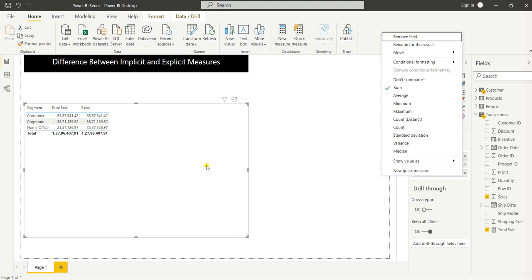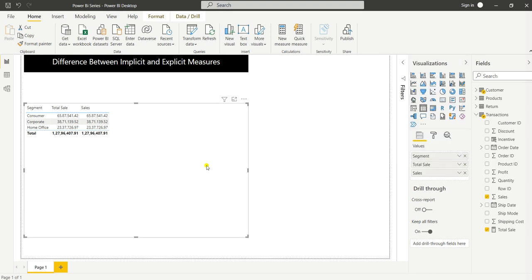In the corporate world, it is good to use the explicit measure. Why? Because the implicit measure cannot be reusable in our different visualizations, but this explicit measure can be reusable in any visualization.